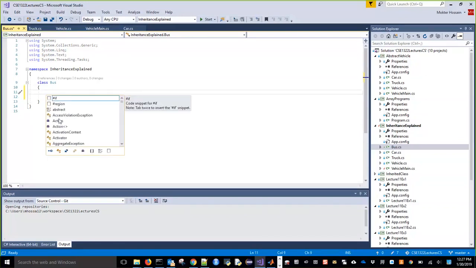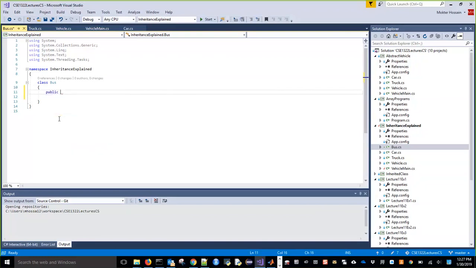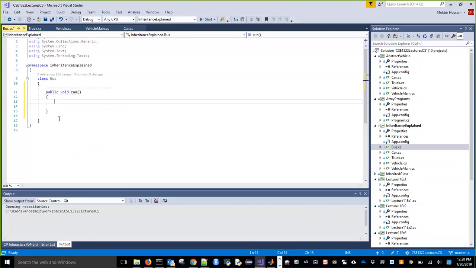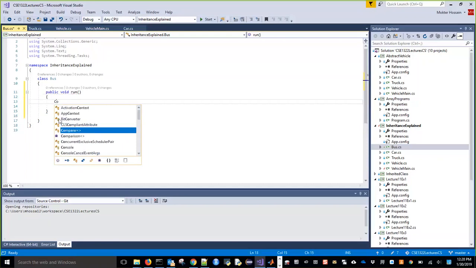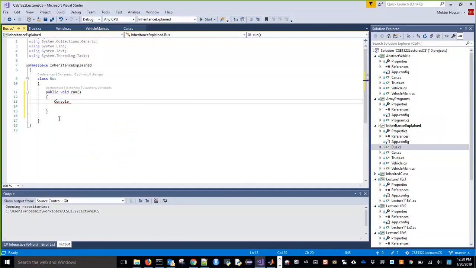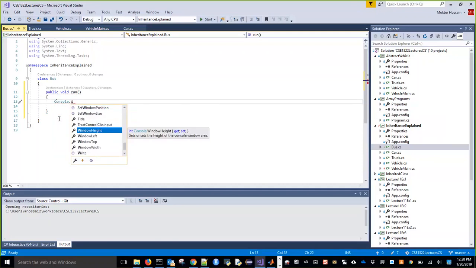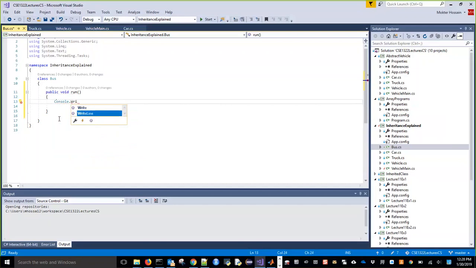For instance, public void, say, run. Okay, so C# people, speak with me. What do I need to write here? Console dot WriteLine. Why do we need WriteLine? The difference between Write and WriteLine is that if I write Write, then after my output